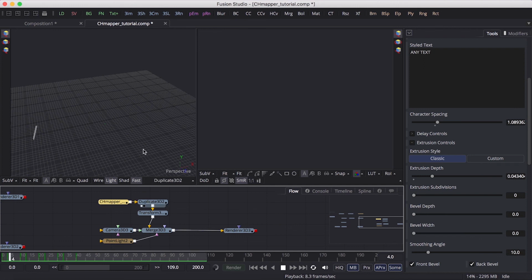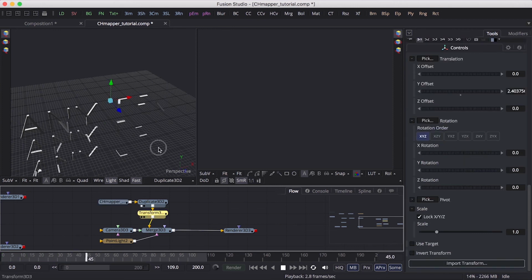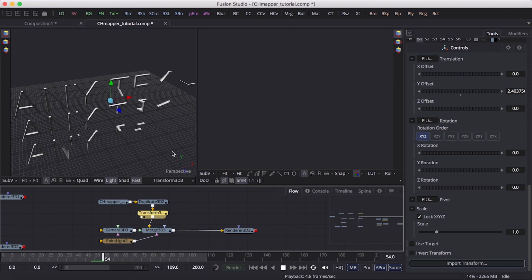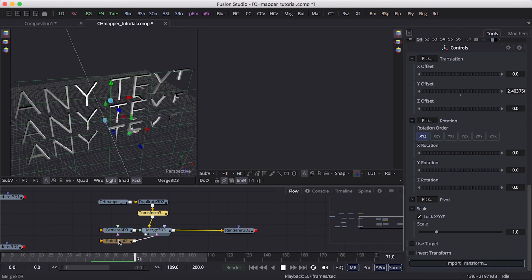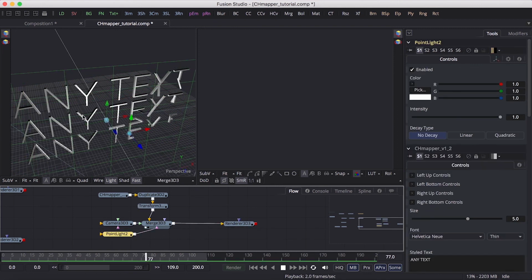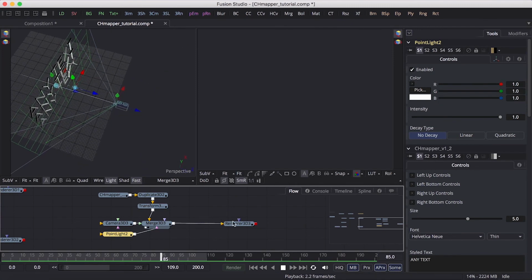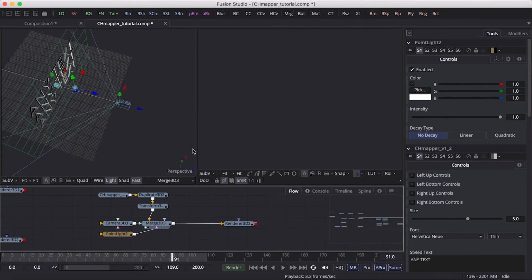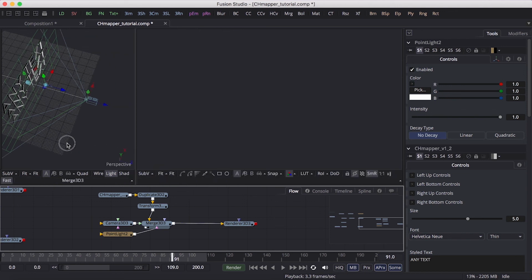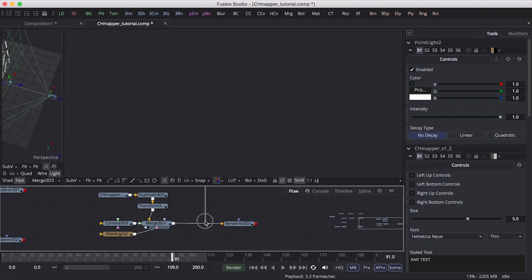It also has been duplicated downwards. So with Transform 3D, I lift it up a little. On the Merge 3D node, I added the point light, and I also animated the camera. And the result is this.